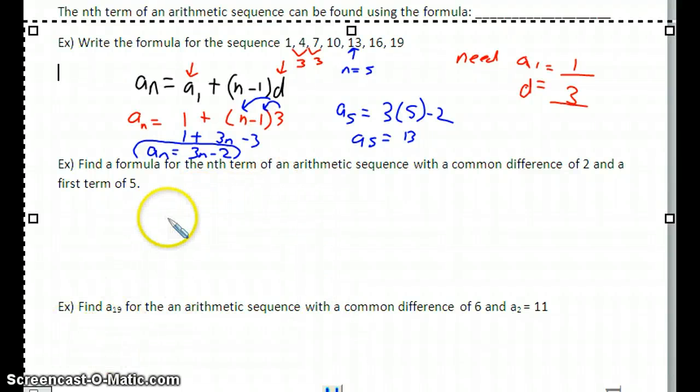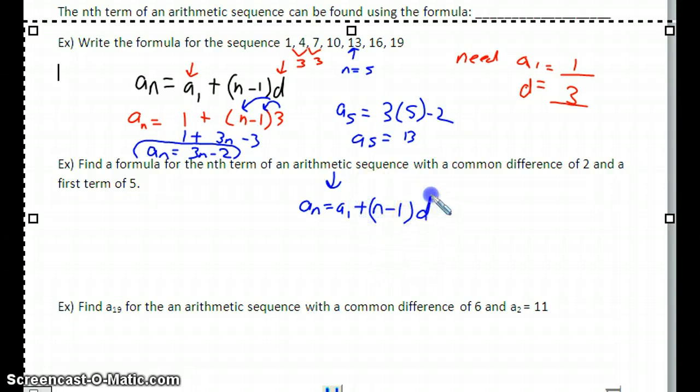Okay, our next example says find the formula for the nth term of this arithmetic sequence. So I know an arithmetic sequence has to use this formula. It has a common difference of 2, so that means my d is 2, and a first term of 5. Again, those are the two things that I need, and they give that to me right away, so just plug in